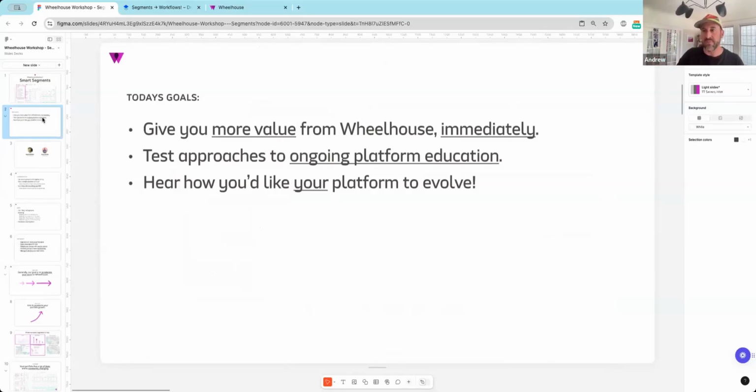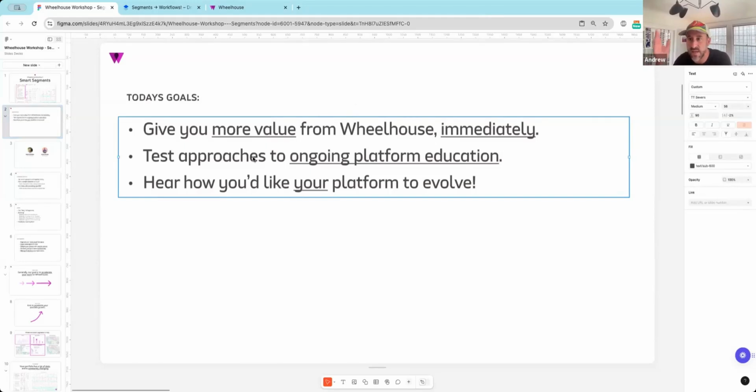Some of you might already be using segments. It's a feature we introduced, I don't know, 3 or 4 months ago. More than meets the eye. So even folks who are using it, we will probably show you some pretty advanced tricks, and then we're going to want to get your feedback because there's a lot of other places we could go with this functionality. So excited to explore that with you today.